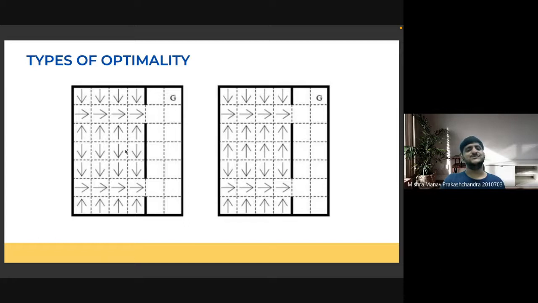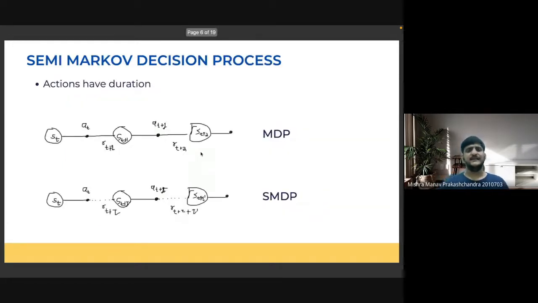If the next subtask's goal is unknown, then chances are that the recursive optimality might fail in that case.